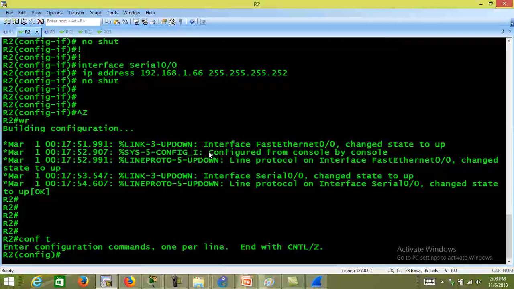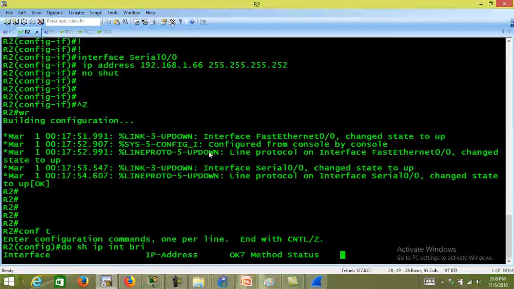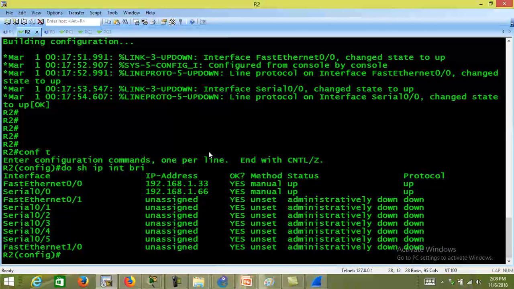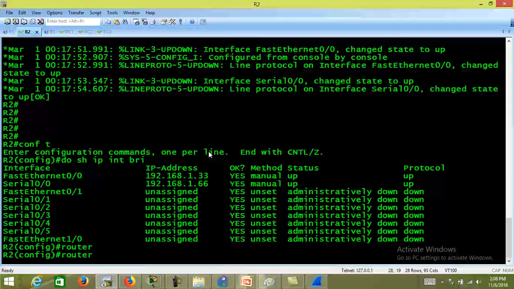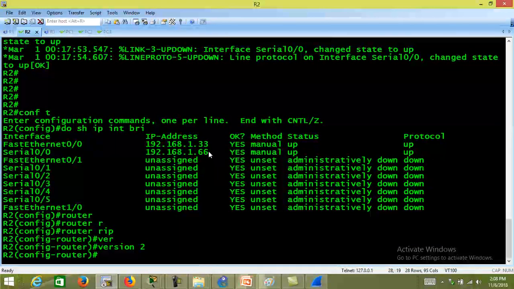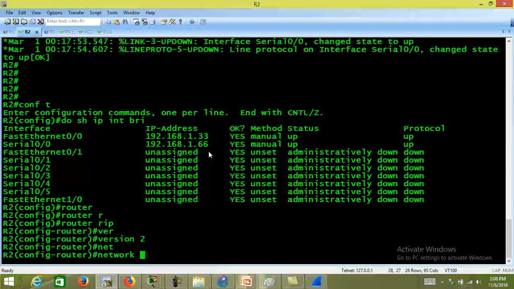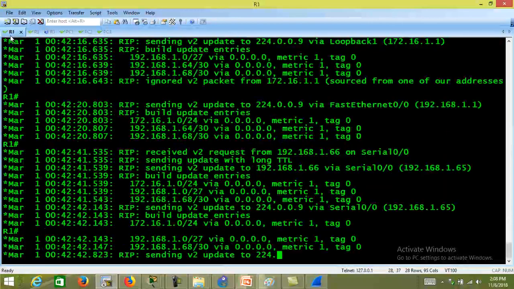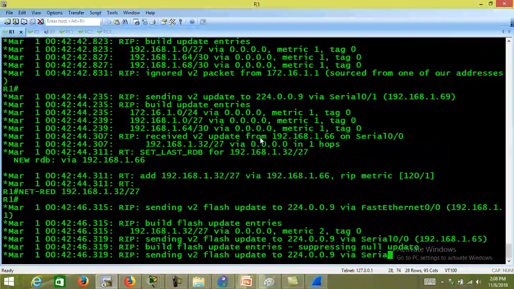If we do show ip interface brief, this one only knows about the 192 network, so we can do router rip, version 2. Just one network statement will be enough, .1.0. Now we can come back to here and see the updates,